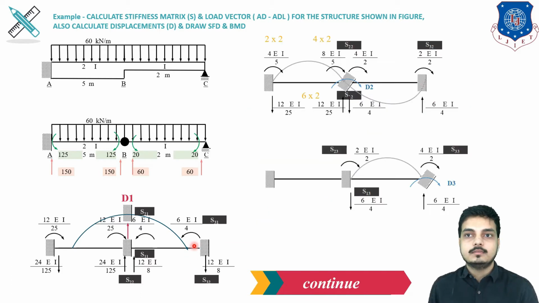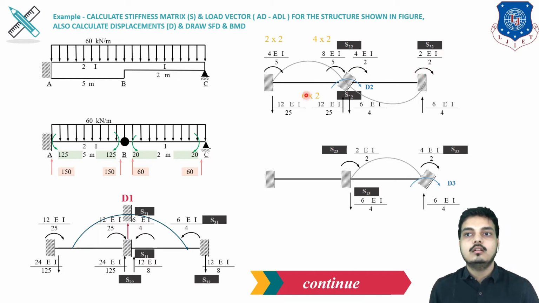Now our next step is to apply D2 and D3 as unknowns. This is similar to what we did till now, as D1 was the first time, so the reference formula was used, but here you know that the formula will be 4 EI upon L for the moment over here. At the opposite end it will be 2 EI upon L. But here as 2I is given, 4 2s are 8 EI upon L, here 2 2s are 4 EI upon L, and at the BC span only single I is given, so 4 EI upon 2, and here 2 EI upon 2.